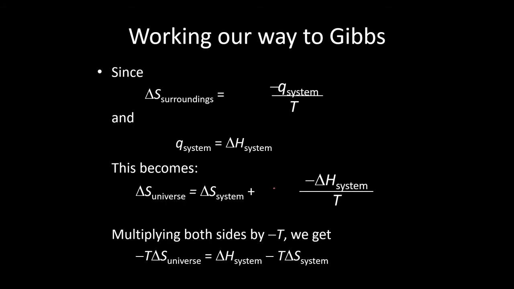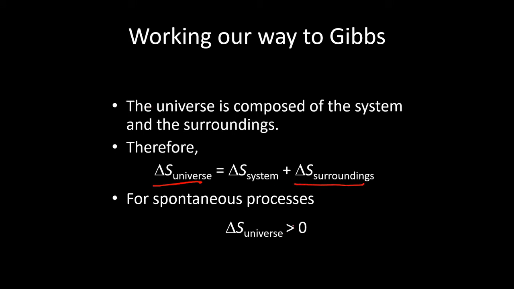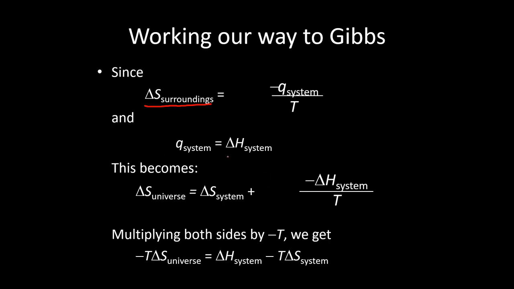So if we take all these things that we've discussed already and put them together, take that first equation, we go ahead and substitute in the enthalpy for Q, and then we take this delta S for the surroundings, and we plug it in to this equation here, because it's the same thing. It's the entropy change for the surroundings. So we plug in negative delta H for the system over T for delta S of the surroundings. And we're left with this equation, which if we do a little bit of algebra and rearranging,